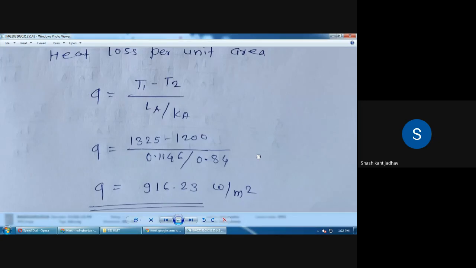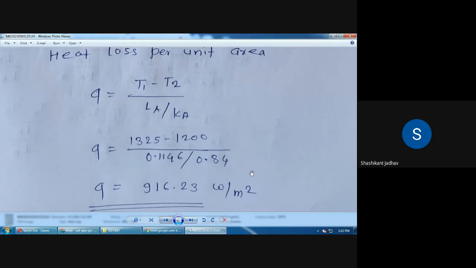In the first step we have written the equation for the Q. So we can use any equation, because the rate of heat transfer through each plate is the same. Whether we consider the composite plate, or only plate A, or only plate B, the heat transfer rate is the same. The heat transfer equation is different, but the heat transfer rate value is same. Q is equal to any equation we utilize.